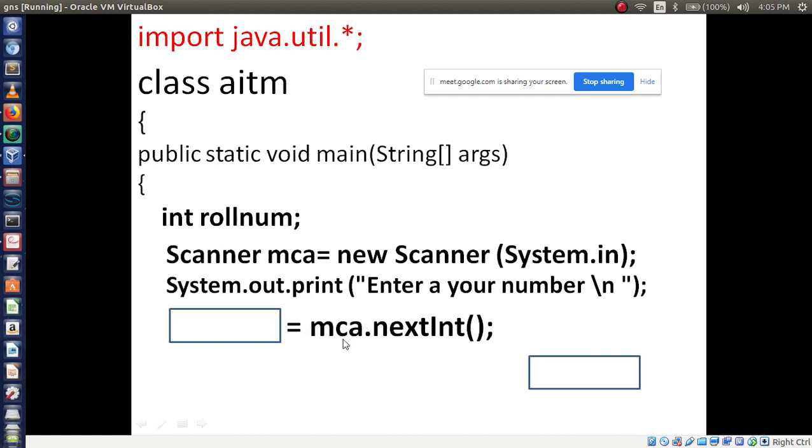Now, I am reading this line, then where do I have to store it? In which variable? My roll number 1, 2, 3 I am typing. After typing 1, 2, 3, it has to be stored in which variable? The int variable name is what here?